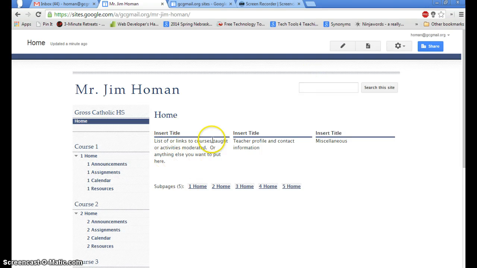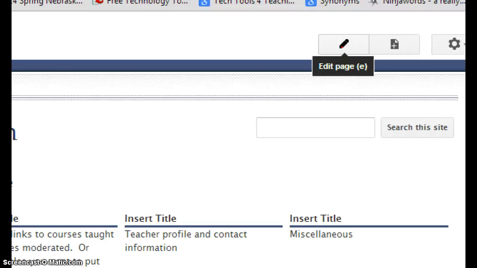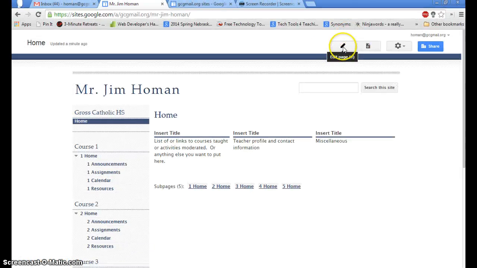So first thing on the home page, I have spaces for you to put 3 different things. You can delete this if you want, or you can add stuff, but if you go up to the top of the page where the little pencil is, that's how you edit each of these pages. So I'm going to click on that,